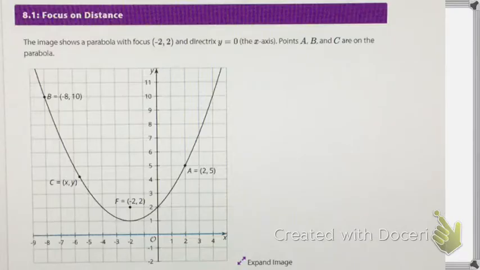So let's see what this looks like. We're going to jump in here. Right away, here's point F. That's a focus point. If we connect that to point A, that's got a distance to it. And what the parabola formula says is that the distance from that point to the focus, that's D1 there, and then the distance from the point down to the line, the directrix, right there,